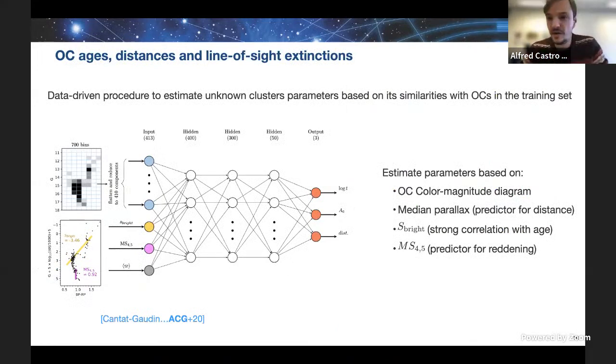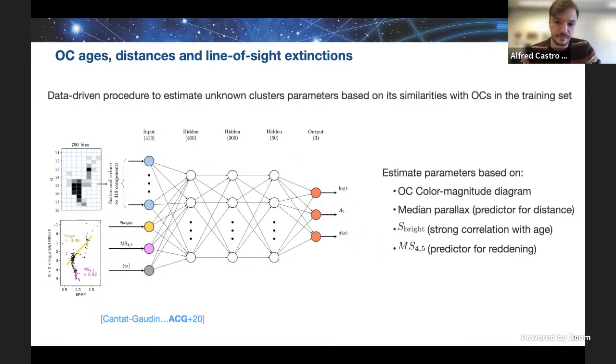Okay, so for this whole population of clusters, also with the EDR3 run, we estimated these astrophysical parameters. We estimated ages, distances, and line of sight extinctions. And we did that by looking for similarities with known clusters. There are known clusters in the literature with well characterized ages and distances, extinctions, and chemistry as well. So we basically trained a neural network on these well-characterized clusters and looked for similarities within